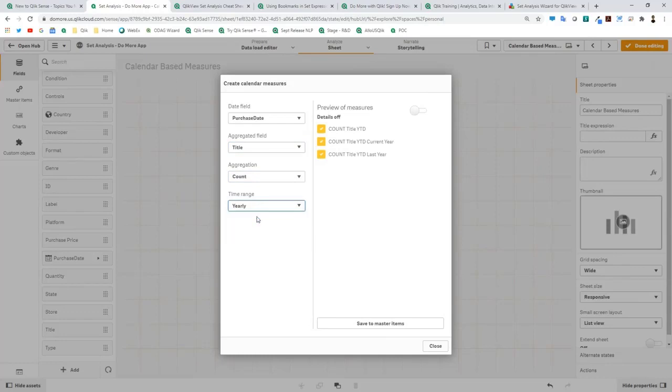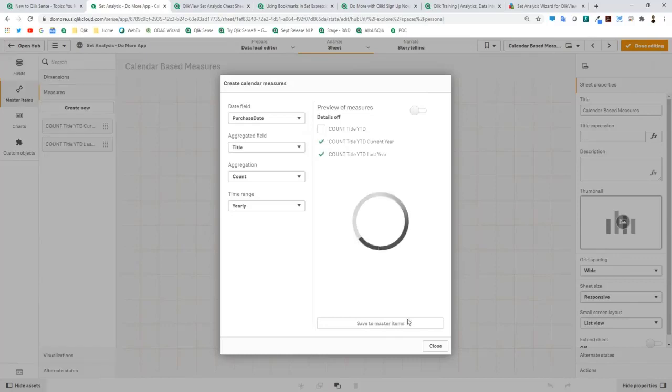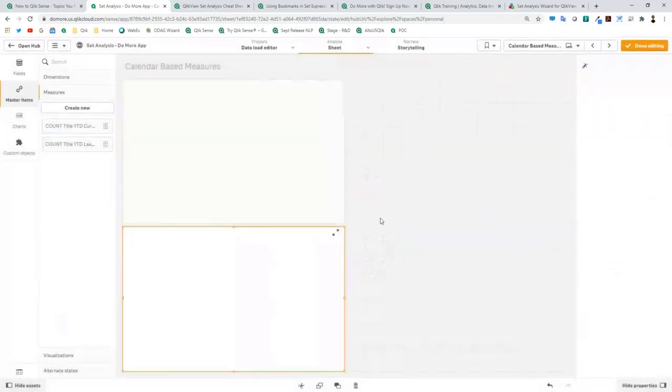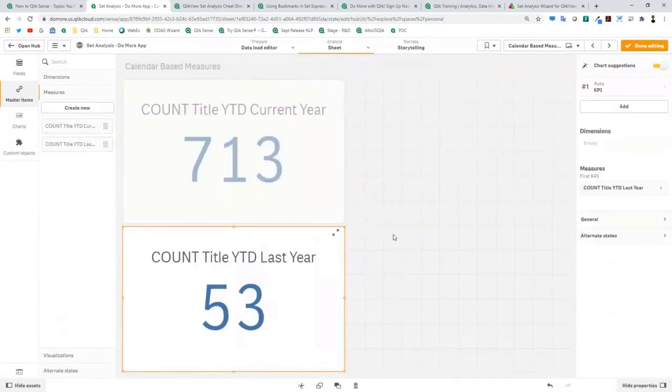So let's just look at the number of titles purchased this year versus last year. What I'm going to do is select count title current year, count title last year, save to master items, and I simply drag these onto my canvas. And I have the number of titles I purchased during the current year and the number of titles that were